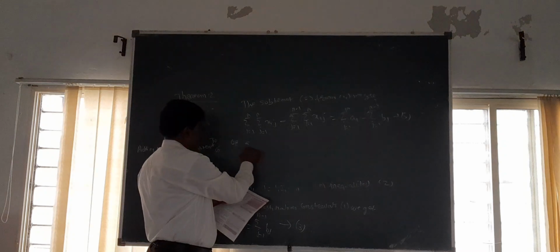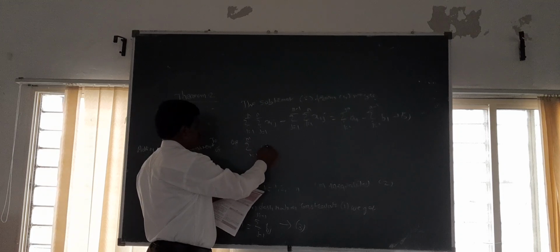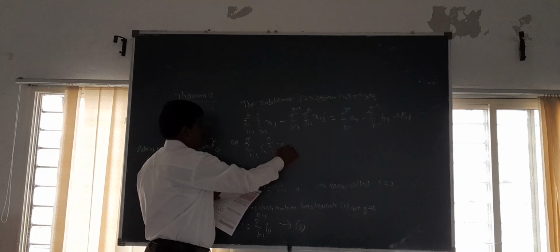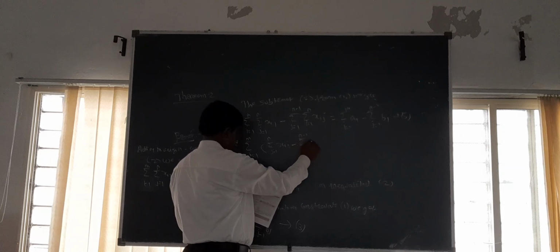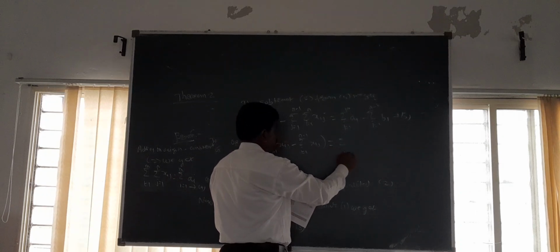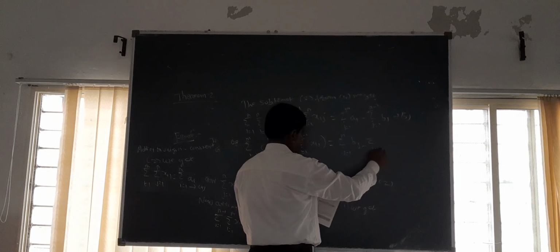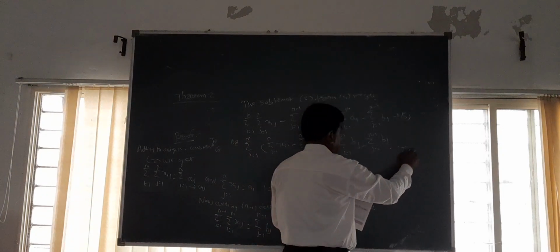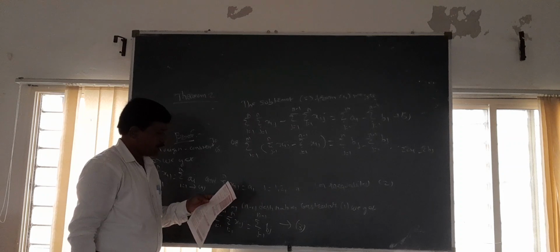Or summation i equal to 1 over m, into summation j equal to 1 over n x i j minus summation of j equal to 1 to n minus 1 x i j equal to summation j equal to 1 over n b j minus summation of j equal to 1 to n minus 1 b j, where summation a i equal to summation b j, that is the necessary and sufficient condition of the transportation problem.